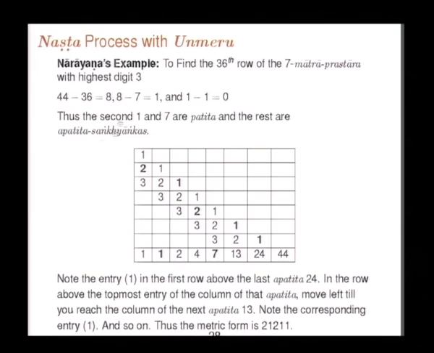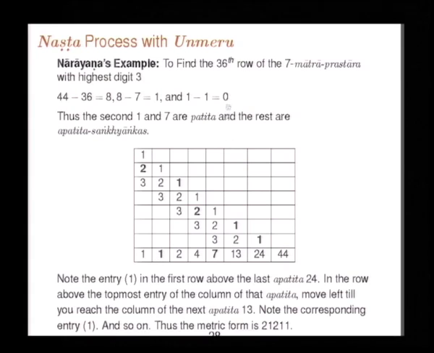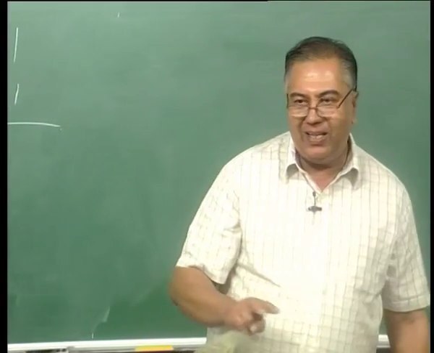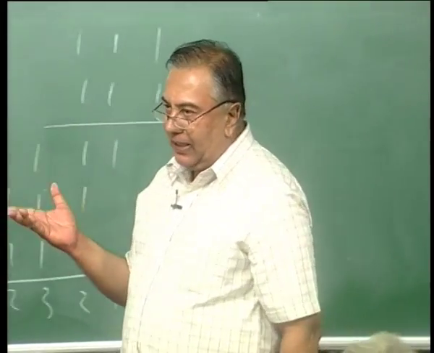So you write this whole thing. We want to calculate the 36th row. So what is the process? Start with 44, subtract 36 from it, 8 is left. You can only subtract this 7 from the 8, 1 is left, you can only subtract this 1 from this 1, 0. So, only 7 and 1 are the patitankas, only those two are the fallen numbers, all other numbers are apatita